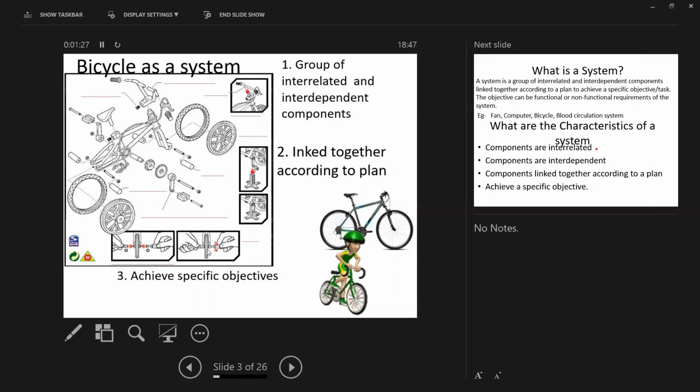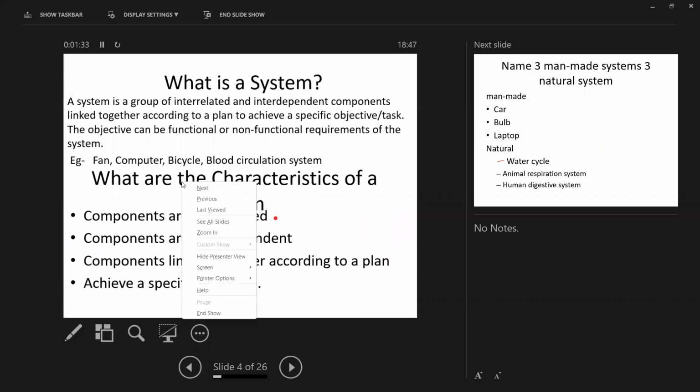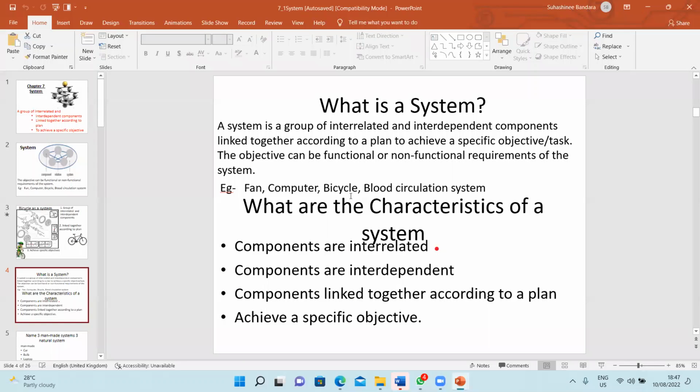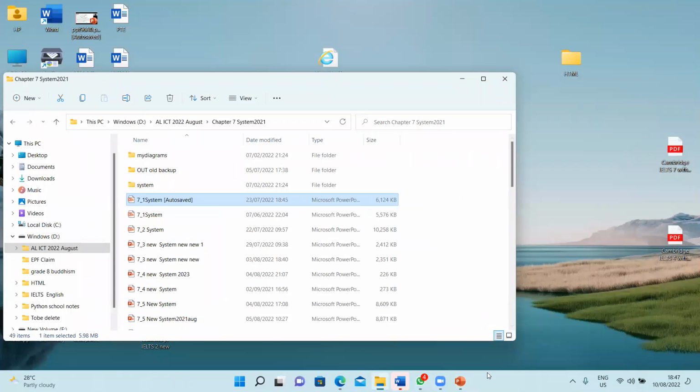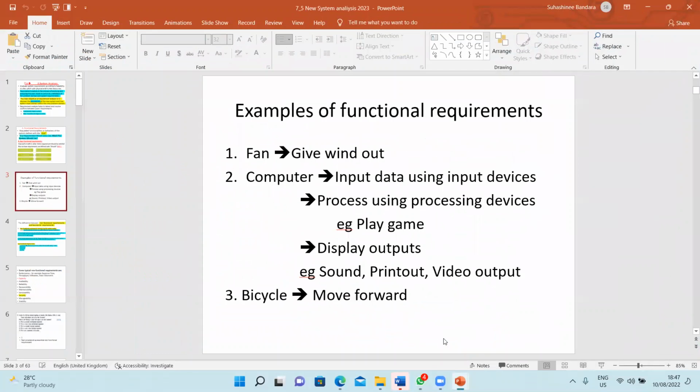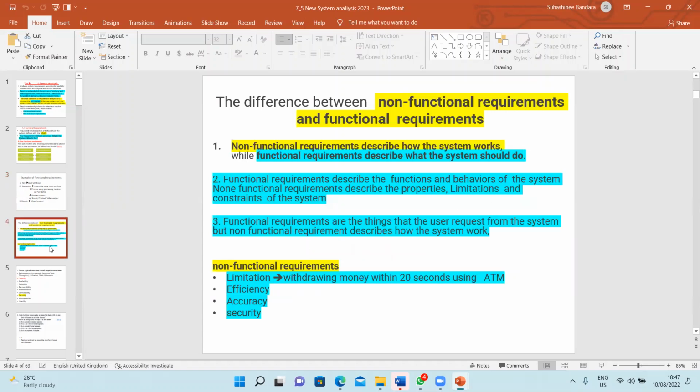Okay. When we consider the ATM machine, what can you say? What is the main task of the ATM machine? We can withdraw money. Other than that, what are the other tasks in ATM machines? Withdraw money, as well as we can deposit money. So the main task we can consider is withdrawing money. Then depositing money also we can consider. So like that, there are main functions as well as